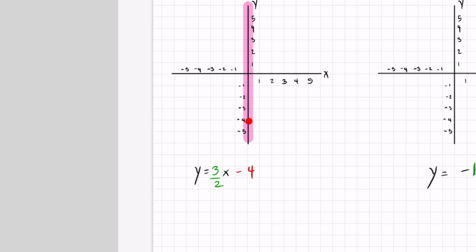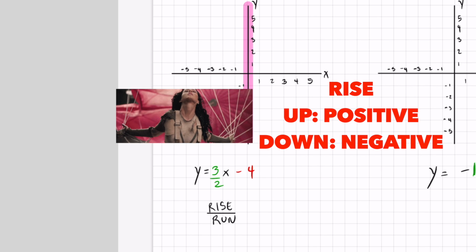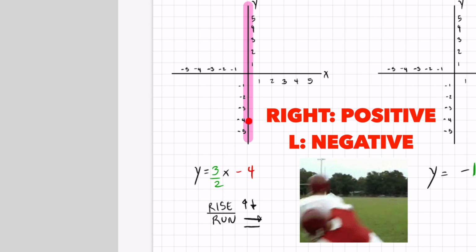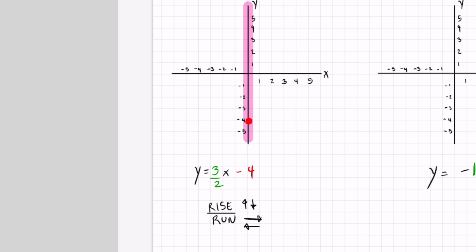And you get your other dot by following your slope. Some of your teachers always say rise over run. That is the pattern of your slope. When you are rising, you're either going up or down, right? And when you are running, you're either going forwards or backwards. So you got to pay attention to the signs of positive and negative, and then you'll know which way to go. My rise over run number, my slope, is